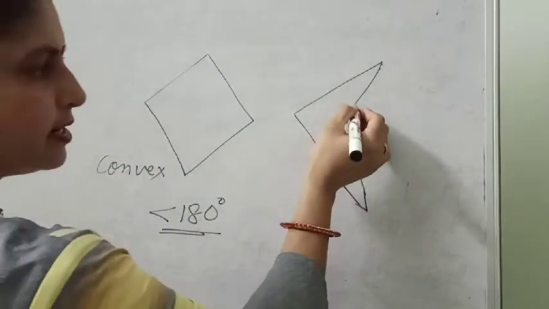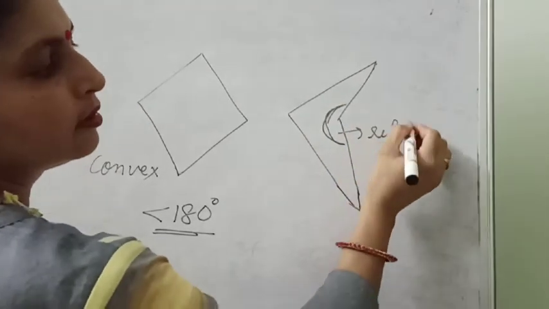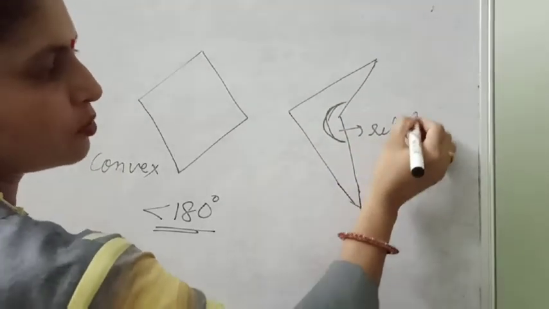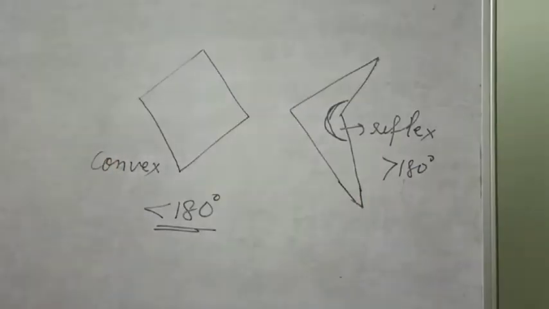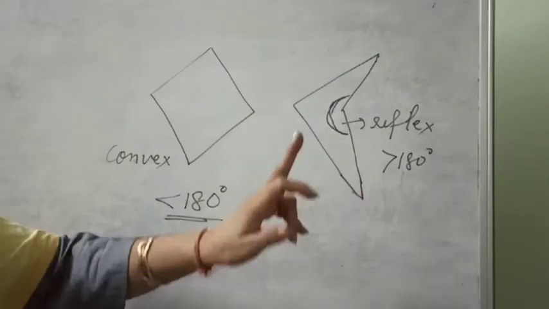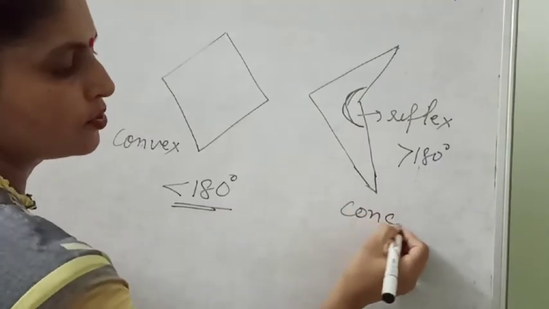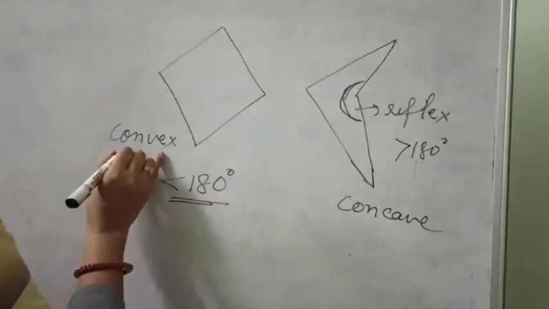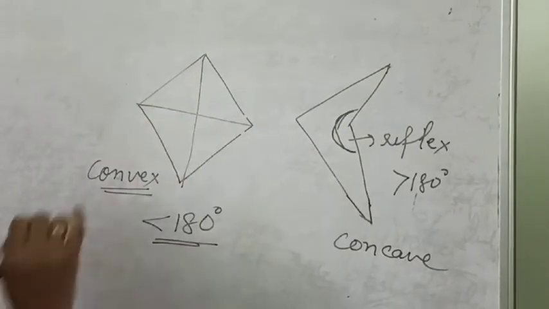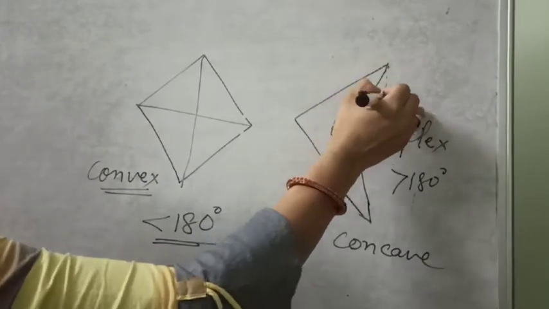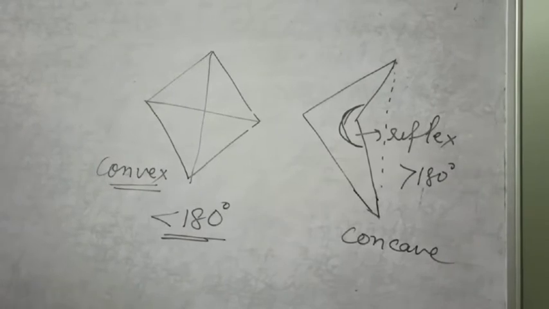Now here you can see that this angle is a reflex angle. Reflex. Now what is called reflex, beta? If it is more than 180 degrees and less than 360, that angle is called reflex. So now this angle is reflex, so this becomes a concave quadrilateral, whereas this becomes convex. You can check the diagonals are in the interior. In this part, one of the diagonals lies outside. So this concept is clear, convex and concave.